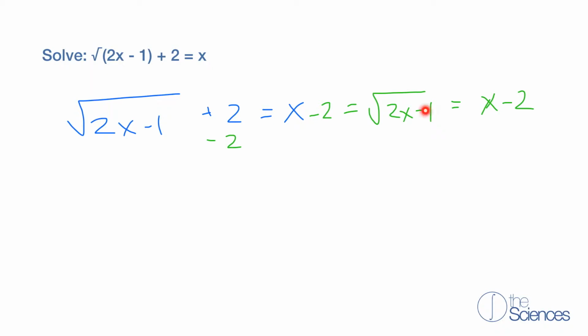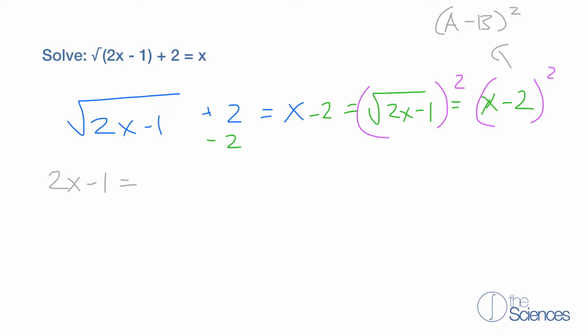Now to eliminate our radical sign, we're going to square both sides. So what we get is the square root of 2x minus 1 squared is 2x minus 1, equals, here we have x minus 2 squared, which is the same as a minus b squared, which has the format of a squared minus 2ab plus b squared. So now if we write it using this format, we get